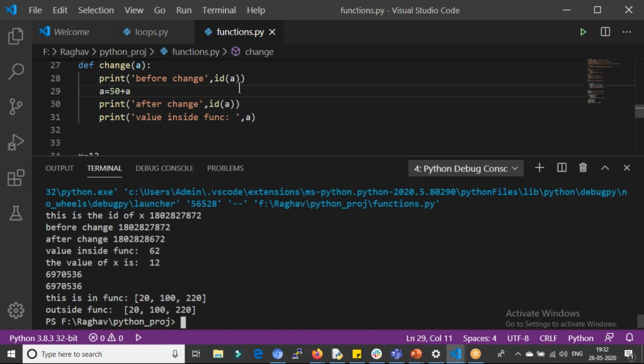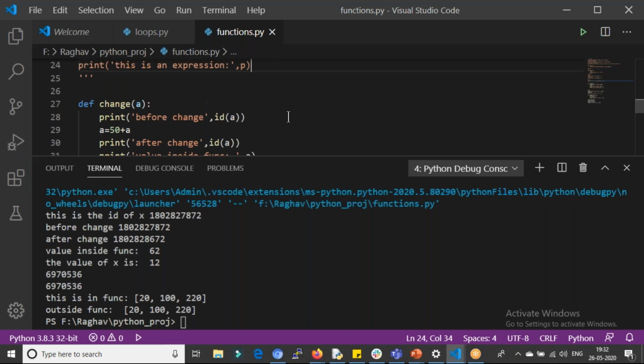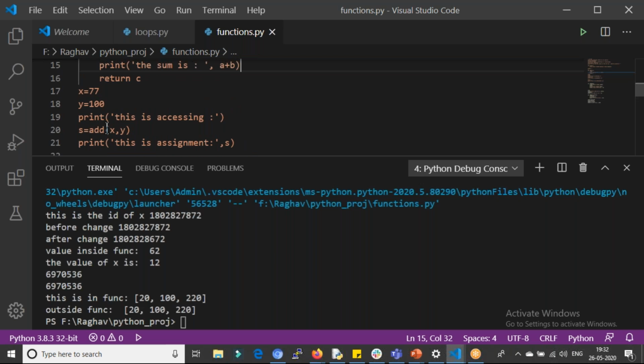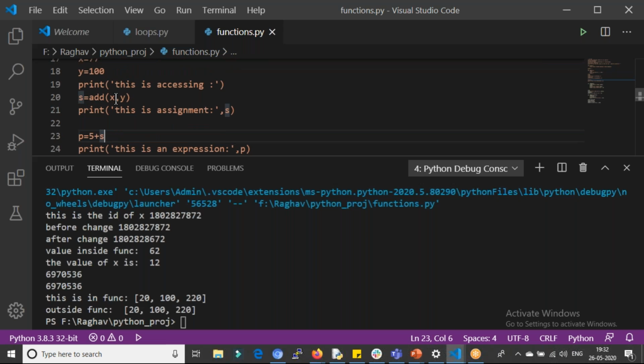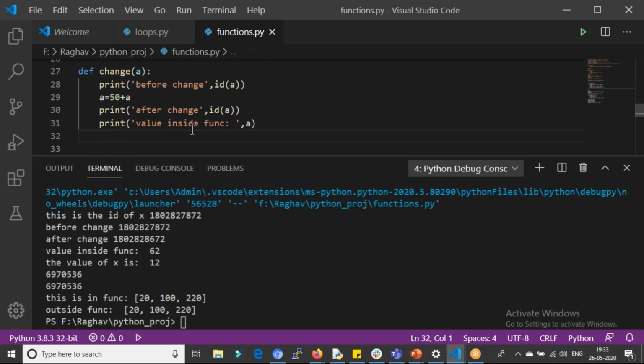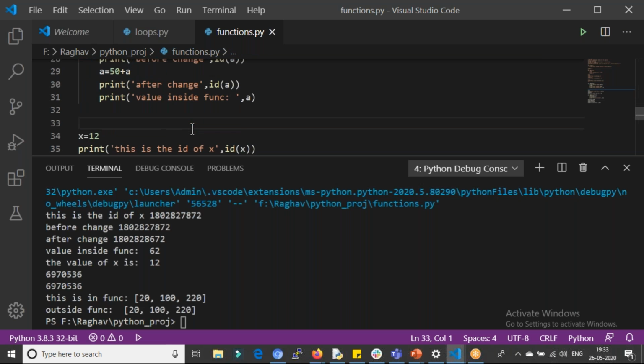Did you get it? In the previous example when we added it, I didn't call any x or y, right? Here, if you see, x is not getting updated as 177 or y is not getting updated as 177. When I assign the function add, then only that value 177 is getting assigned to the variable. Because in that case, if you come down, you have defined x is equal to 12 here.